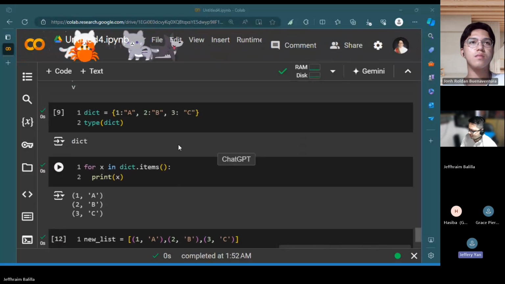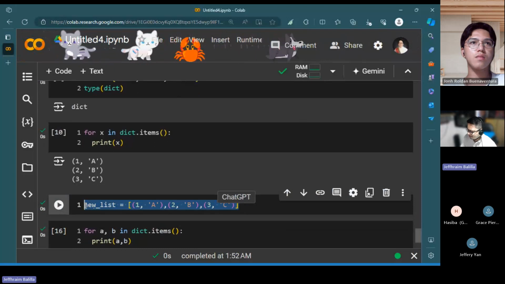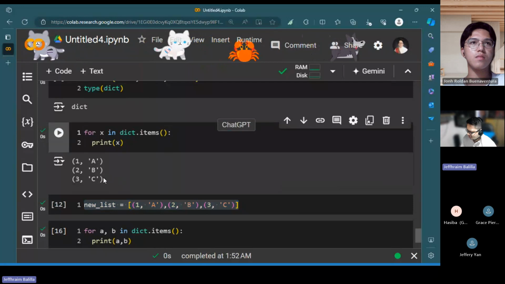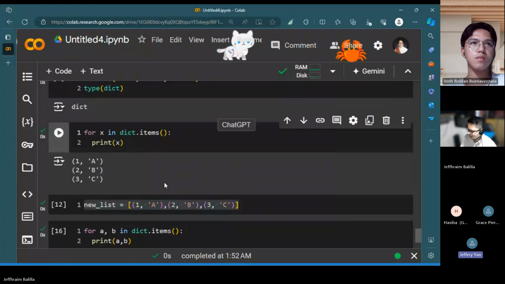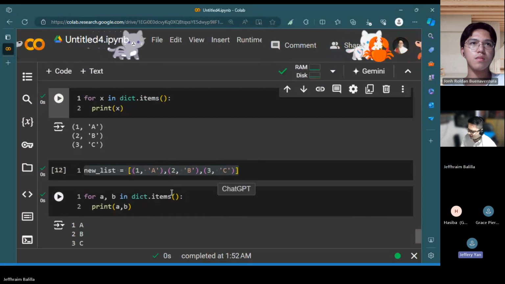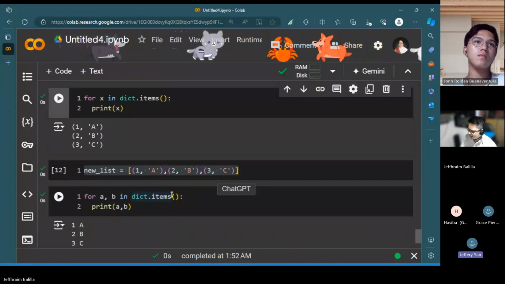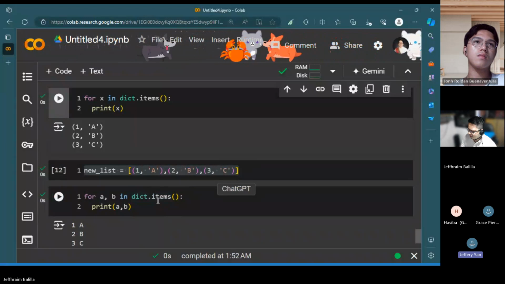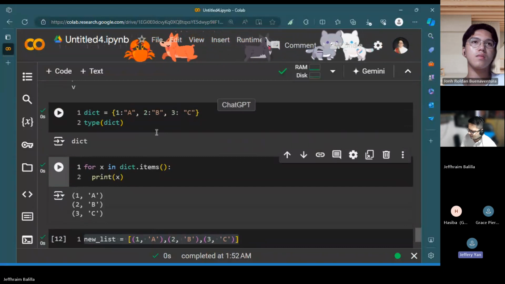You might be confused by the existence of this. I just made this as something after. What I'm saying is that this code right here is for X in dictionary items, and the other one is for A and B in dictionary items. And then you just test it. If you do A, B, and C, it wouldn't work because there are no three elements, but it recognizes two elements. But over here, on the ones above, the for X in dictionary items, it's only one element, and it's still recognizing that.